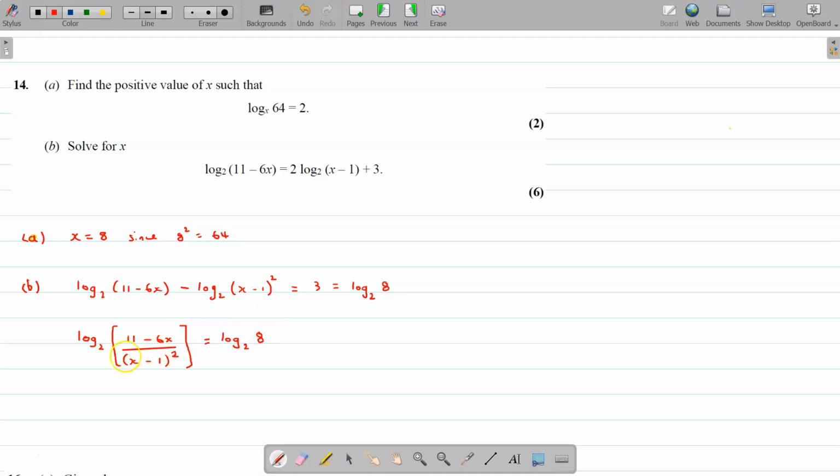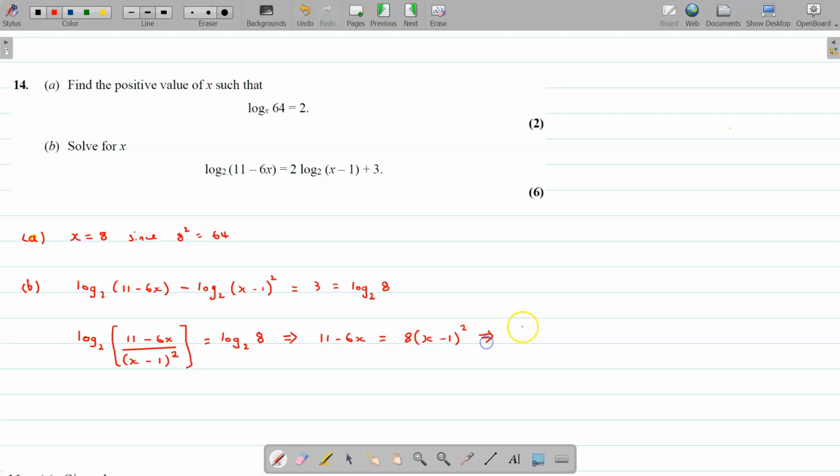And because we have a log to base 2 of the left-hand side and the right-hand side, we can just take it away, and it gives us quite nicely that 11 minus 6x divided by x minus 1 all squared equals 8. Or I can just put the x minus 1 squared, multiply both sides by that to put it like this, and then I can work on that quadratic,